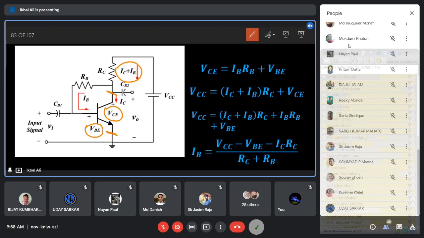This will make the transistor operate in the active region, and if the design is proper, then the Q point will be in the middle of the active region. What is the Q point? I am repeatedly saying the Q point because I have shown in the earlier class what the Q point is. Shifting of the Q point will distort the signal. We have discussed it a little conceptually, but I have not yet defined the Q point specifically. We will define it later, in the next biasing circuit. Then your understanding will be much clearer as to why we need to set the Q point specifically.